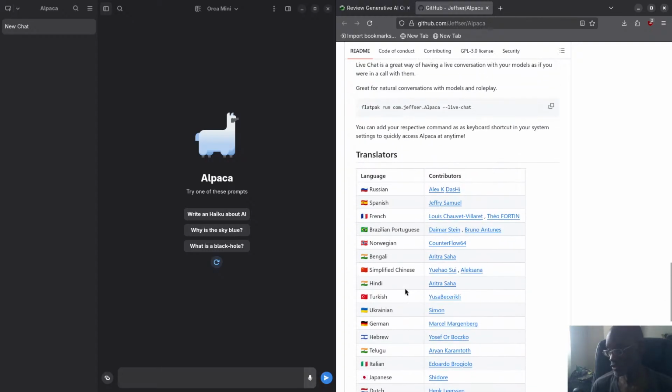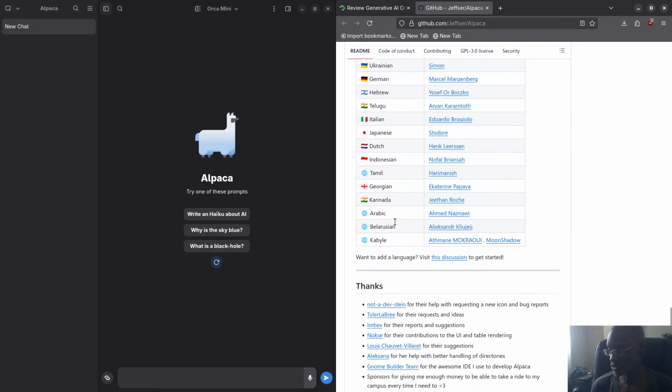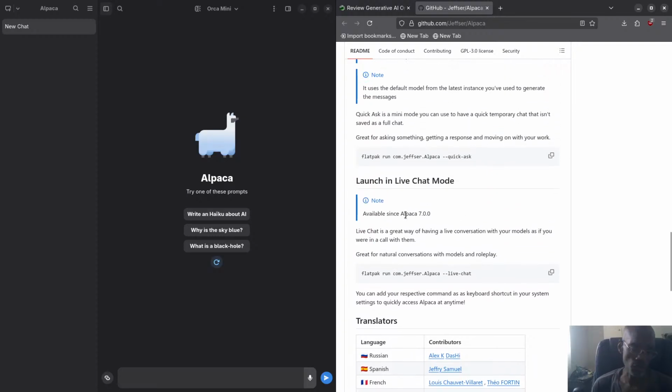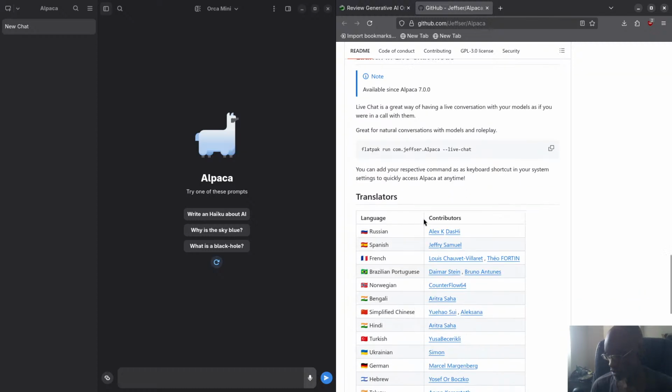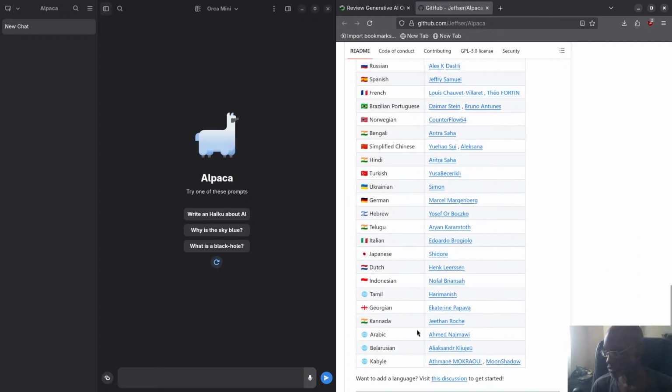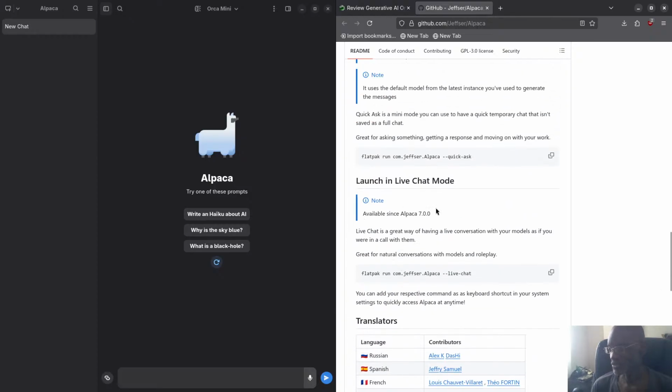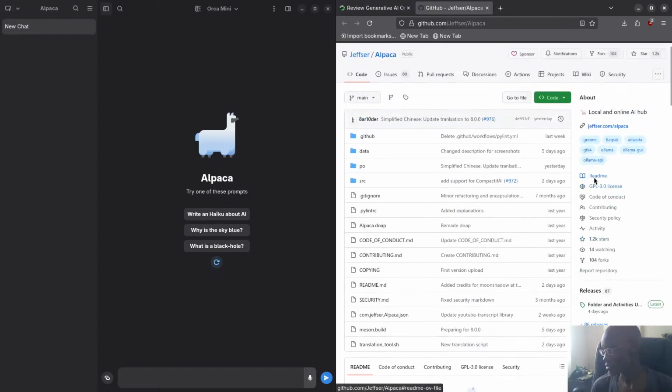I didn't prepare for that, and obviously you can see a bunch of translations here. Because it's open source, you're free to contribute to them, especially to the translations. For example, I don't see Canadian English. Just kidding, but you get the point. So if we actually go back up here,